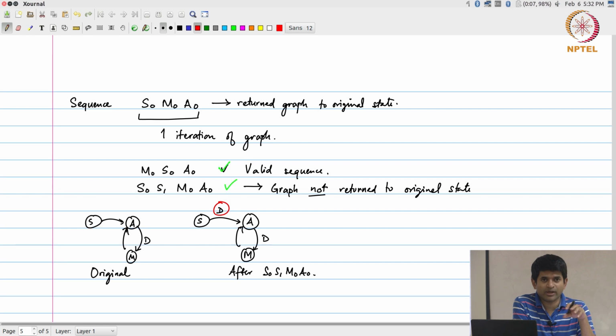Even though I'm drawing it visually, where there are nodes and there are arcs between them, that does not mean there is a physical circuit that is implementing this. It could be software. Now the second thing is, all that I'm saying by a valid sequence is something that does not violate the requirements of data flow, okay. One way to understand that would be, what is an invalid sequence? So in this case, an invalid sequence would be